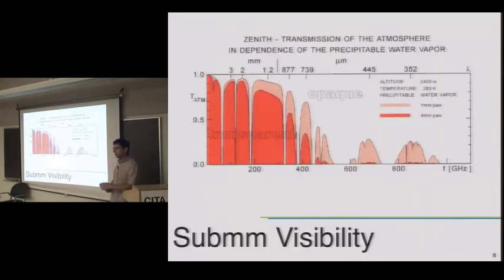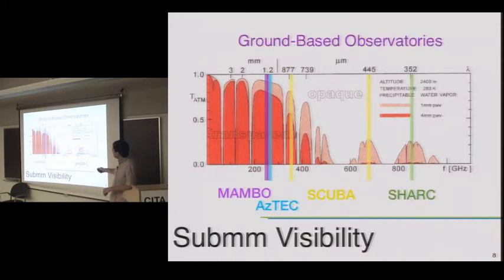But before I get into that, to answer the question, why did this explosion happen and why did it happen so dramatically, it's because the submillimeter is difficult to observe, particularly from the ground. This is a transmission plot, so wavelengths are going this way now, frequencies this way. The red is where the sky is transparent to the infrared light, and this is where it's opaque. So the first telescopes that were successful, SCUBA at 850 microns, MAMBO and AzTEC, they were trying to exploit these regions here where the air was transmissive, right?